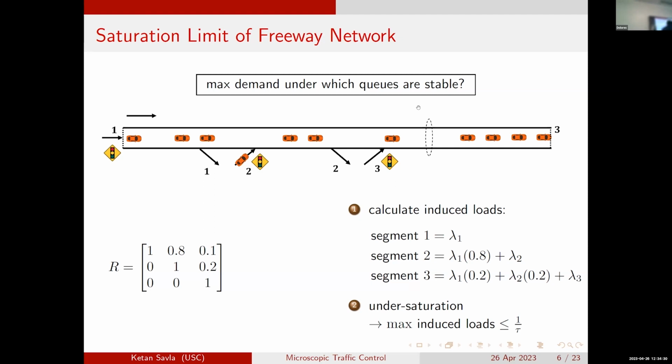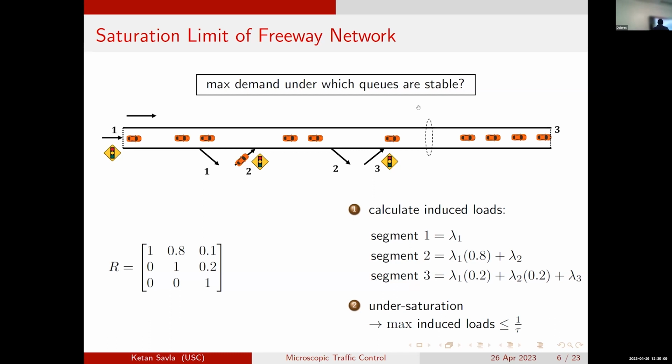Now, clearly, every section of this freeway has a capacity, which is the usual notion of capacity that we are familiar with, like 1,500, 1,600 vehicles per hour. So these three numbers are nothing but the demand induced on different segments. If this is the demand coming at different ramps, then this would be the demands induced on different segments of the freeway. So only those values of lambda 1, lambda 2, and lambda 3 could be handled by the network if each of these numbers is less than the local capacity. Because again,